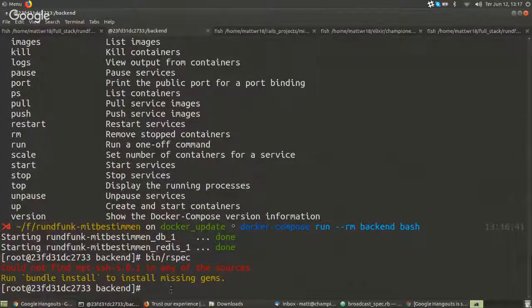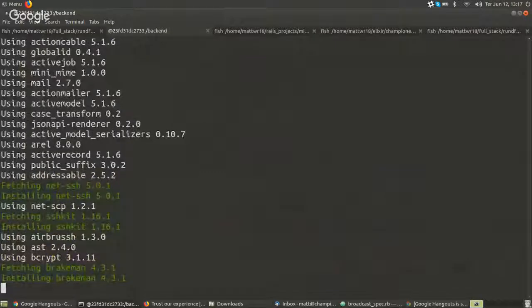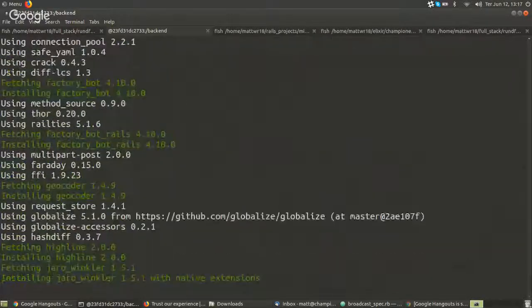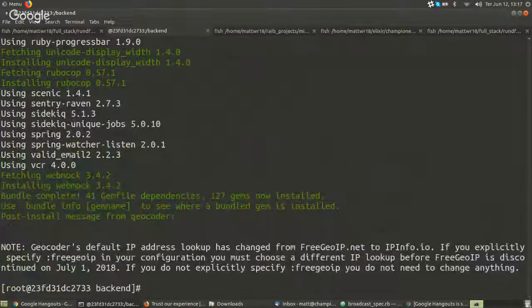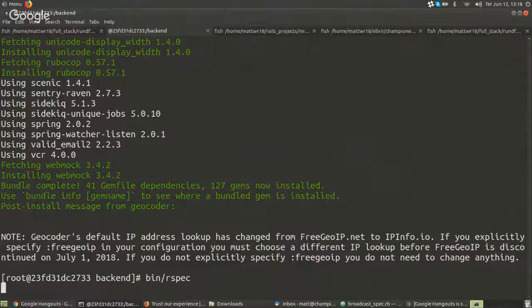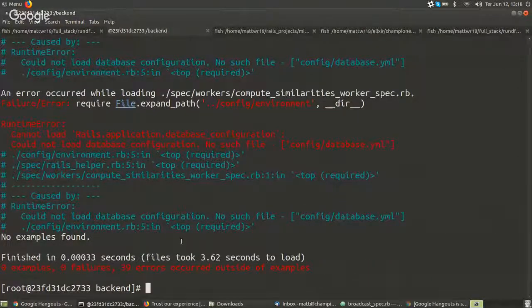you have missing dependencies. That's correct. So you can say bundle install. And what I was talking about before, since you specified --rm now, I don't know if the installation of gems will be persisted, but we'll see that. So if you say bin/rspec, at least the test should be okay. Oh. All right, yeah, because that's another,